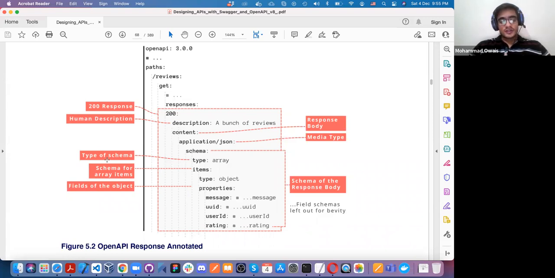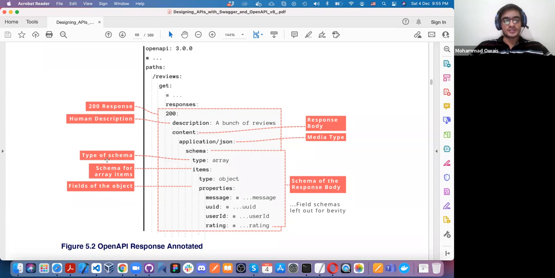Actually, what the picture is saying to us is that we have studied that we can also design our responses using the OpenAPI definition. So in that picture, we have defined a response whose code is 200. If we get a response of 200, we want a description which tells what this response is doing. Then we define what content we want and in what format we want that content in the response.